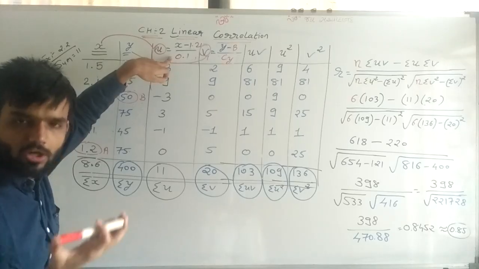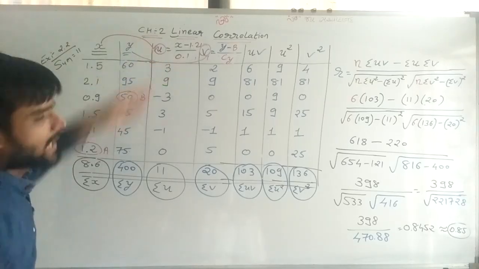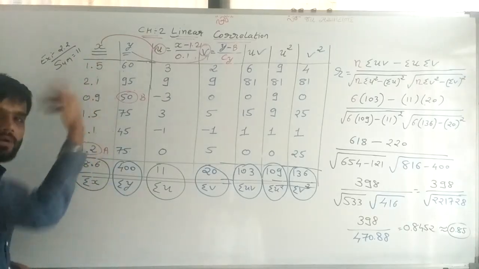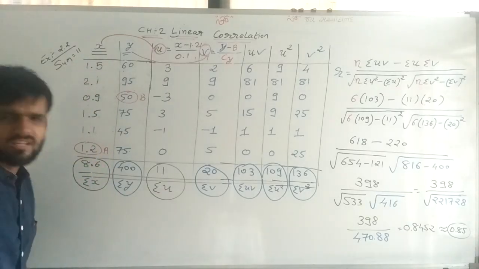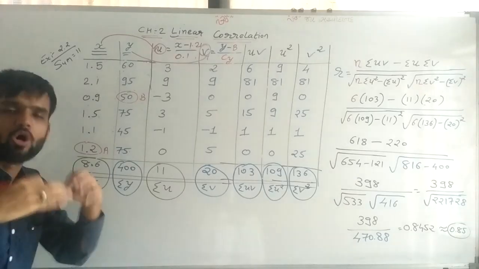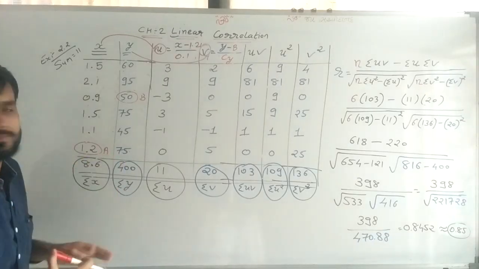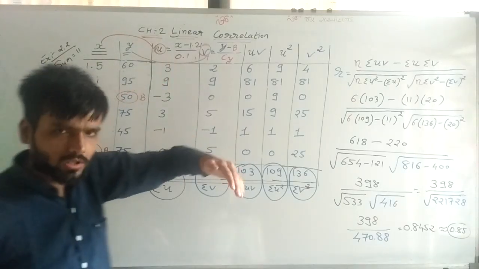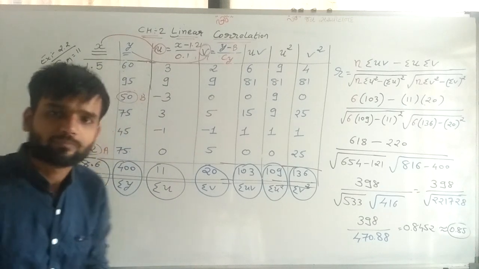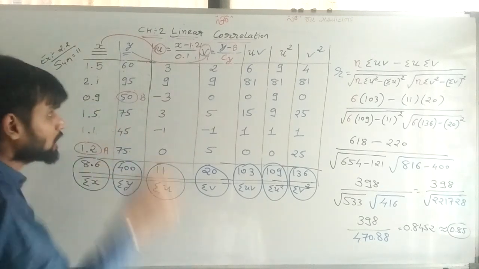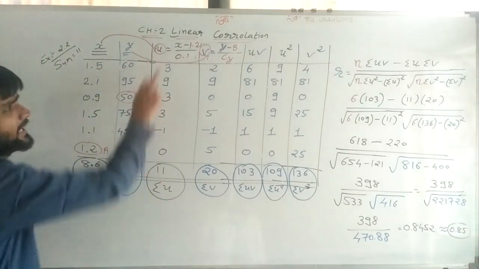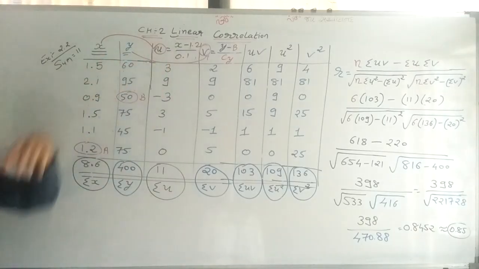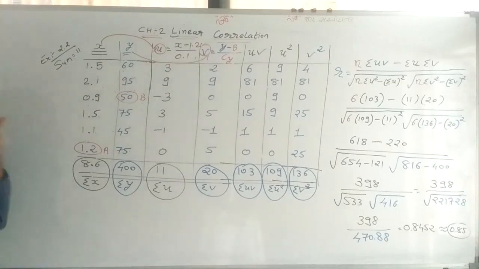Here a second method is also available. Sir, I want to multiply with 10. Here if we are multiplying with 10, the point cancels. But I don't want to do that, because this is a very important point for 1 marker questions also, that we learn later. So here what I am doing is dividing with 0.1. So that's okay.